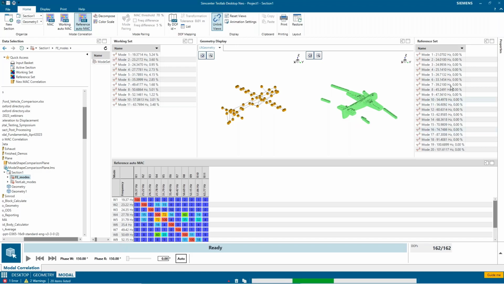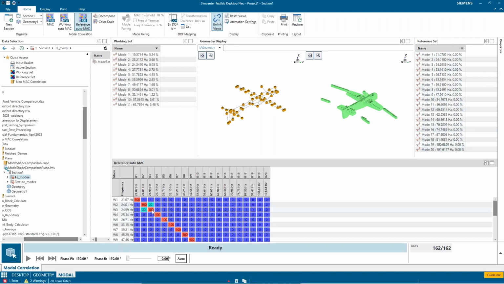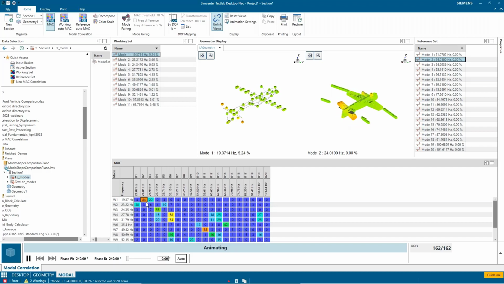Now these are the Mac on the CAE modes, and then I can start clicking through those if you wish, and they'll show up on the right side. Or I can go to the map between the working and the reference, and then I can start to click on these items in the Mac table and start to see my test mode on the left side and my CAE mode on the right side.